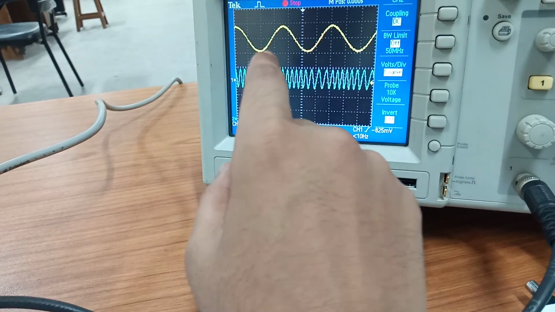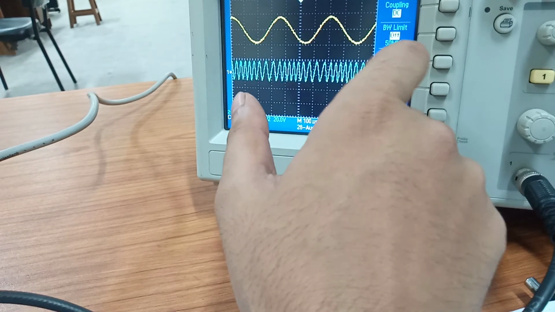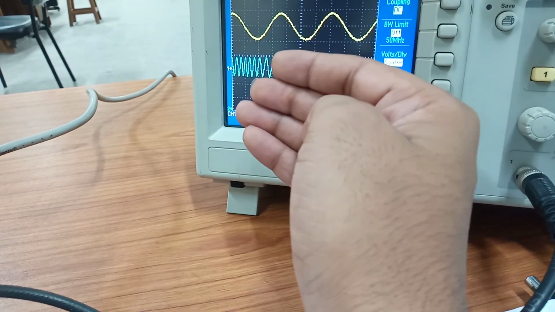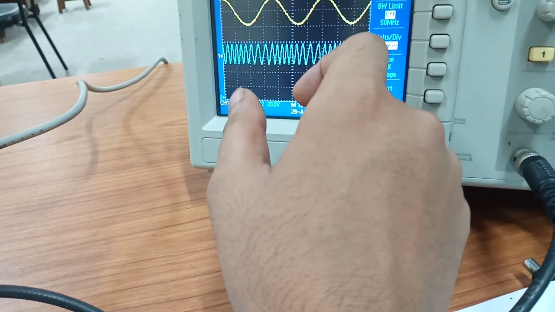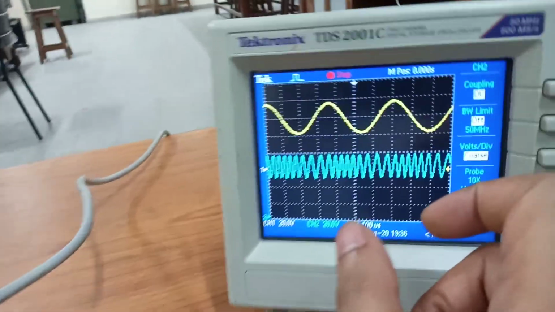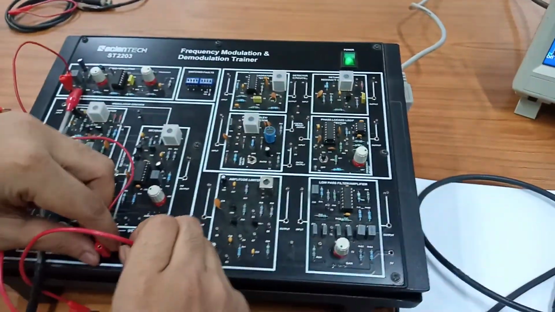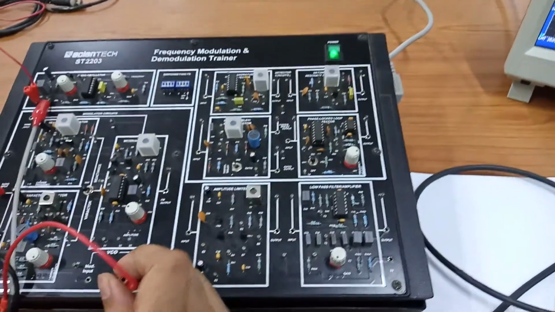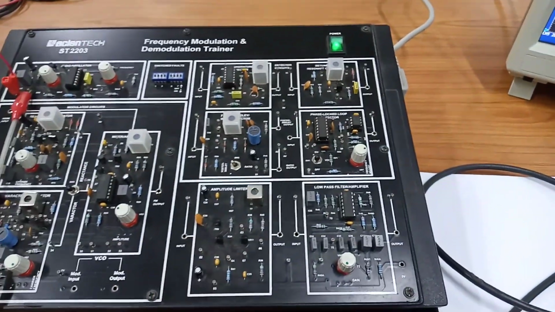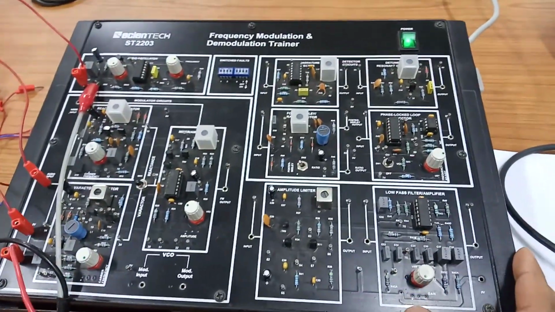Whatever information the audio signal had is incorporated in this carrier signal, because as per the variation of amplitude of that particular signal, this carrier signal's instantaneous frequency is getting modulated, so the information is in there. So I'll do the connection so that we can perform the demodulation part. I'm connecting this here, as we have connected. Now when we see the demodulation part,